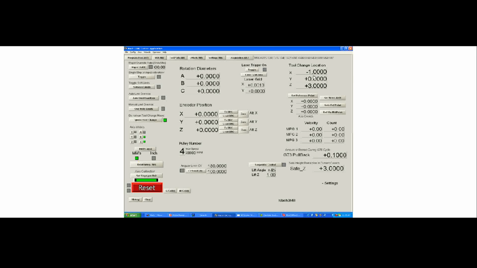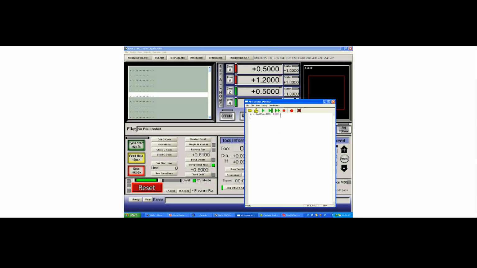Now, as I just showed you on the settings screen, whatever you type into these DROs will become OEM codes 1200, 1201, and 1202. Right at the moment we have a -1 stored in our user DRO 1200. So if we bring up our Visual Basic scripter again, and we tell X to take the value of getUser DRO 1200, and we tell Y to take the value of getUser DRO 1201, and Z to be equal to getUser DRO